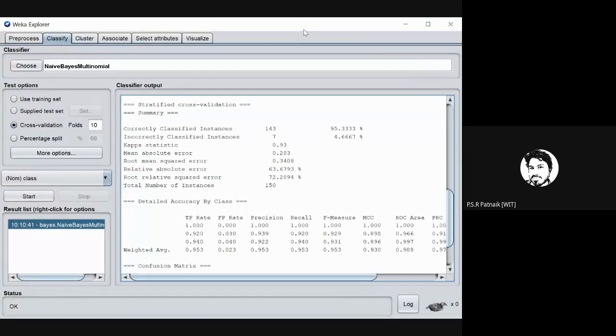Yes, you're right. What we do is we check the ROC curve. Under the ROC curve, we expect these values to be more than 0.5. Yes, they all have to be more than 0.5. 0.5 is the baseline, and they have to be nearer to 1. So according to a standard ML definition, this is a very accurate training model. This naive Bayes multinomial has performed very well with 95 accuracy. But for us, the more important are these. Almost all classes have been perfectly classified.